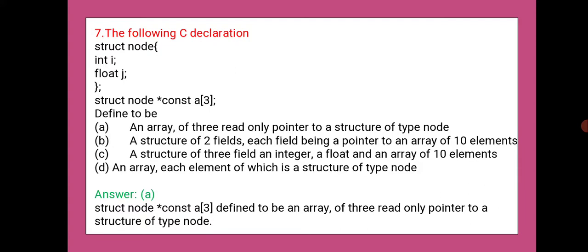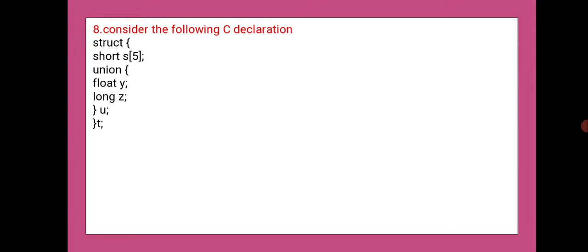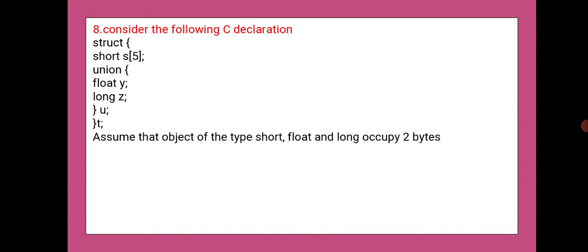Let's consider another declaration in structure. Consider the following declaration. You can see short s5 and a union as a member within the structure, with float y, long z, u, and name as t. Assume the objects of type short, float, and long occupy 2 bytes, 4 bytes, and 8 bytes respectively. The memory required for the variable t, ignoring alignment consideration, is